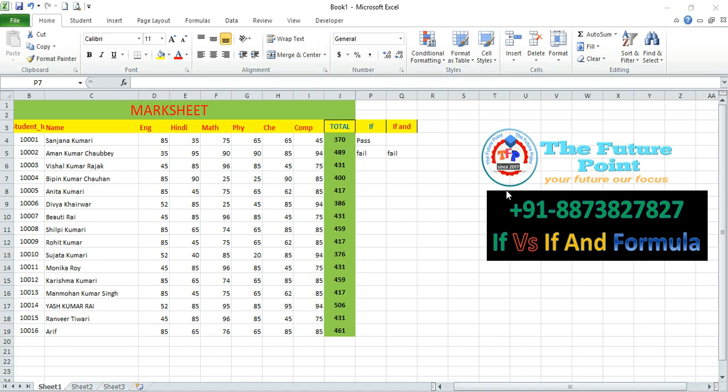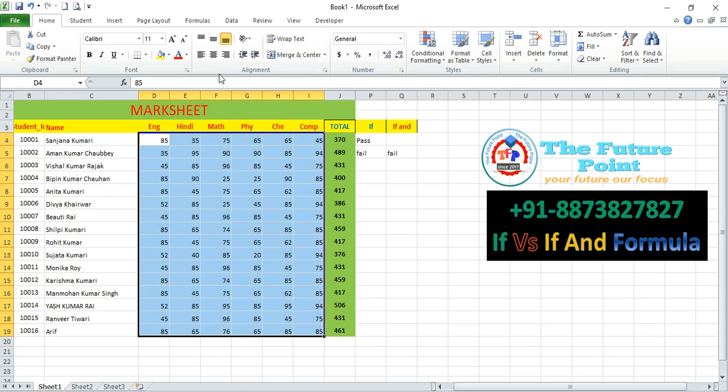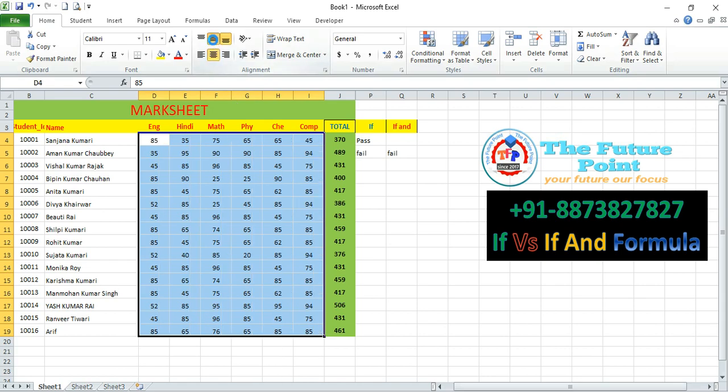Let's begin the session without wasting time. So now you see on the screen there is a mark sheet I have prepared, and this is the student ID and this is the name and the candidates' subjects. These subjects are the ones in which candidates have appeared in the examination, and this is the marks they have obtained. So now we will apply a formula